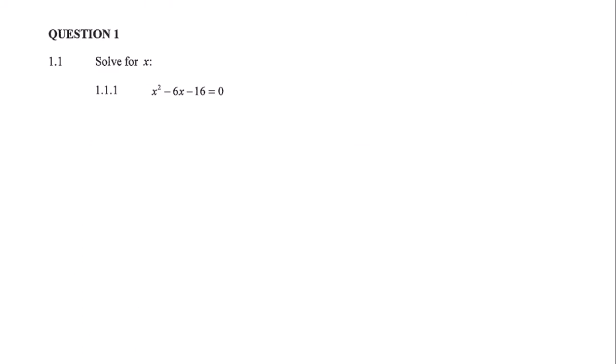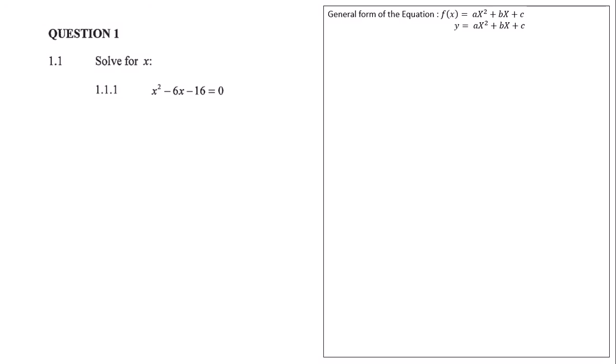The question that we have to solve is saying solve for x, and the given equation is x squared minus 6x minus 16 equals to 0. The equation given is in the standard form, y equals to ax squared plus bx plus c. Now the first thing to